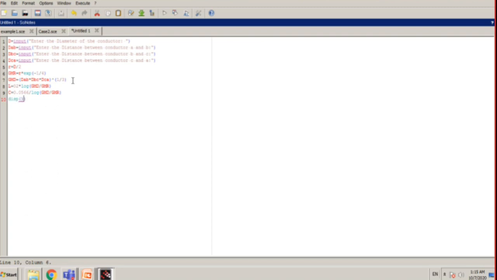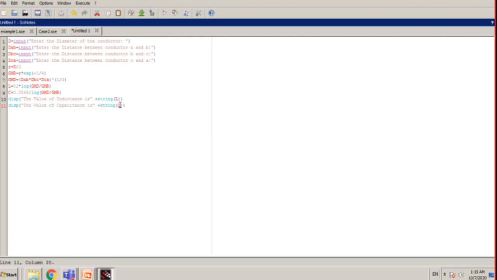Disp, the value of inductance is, semicolon, plus string of the variable for inductance, which is capital L. Similarly, for the capacitance I copy the same command and replace inductance by capacitance.